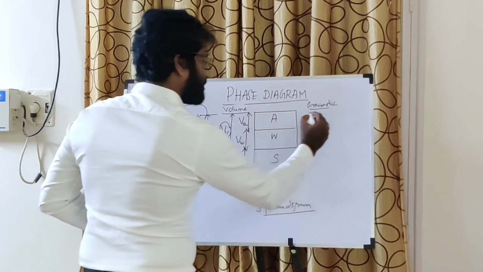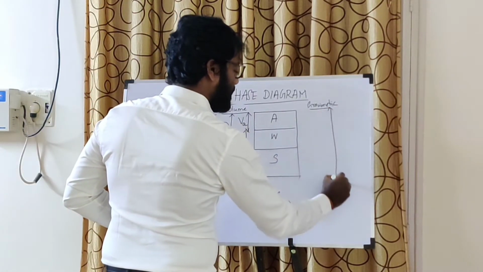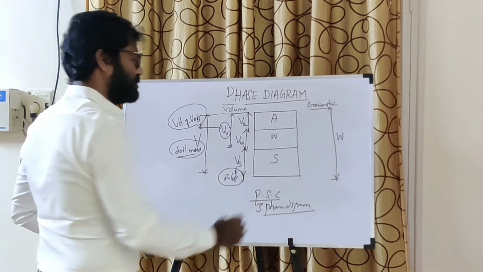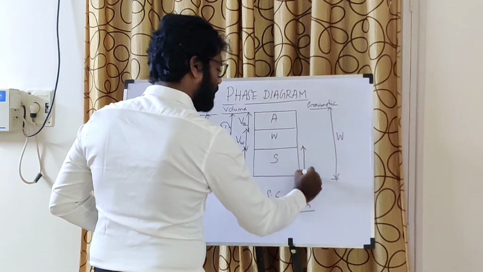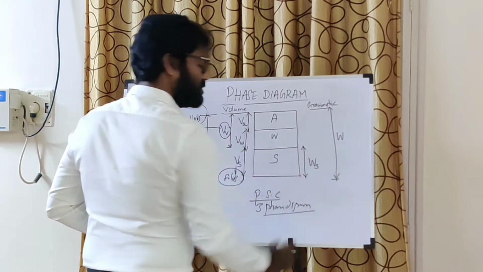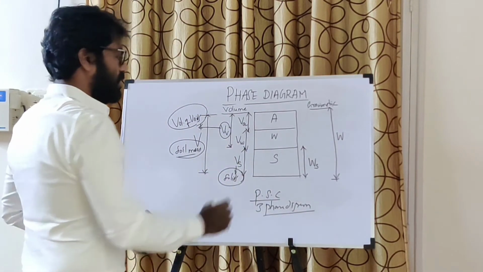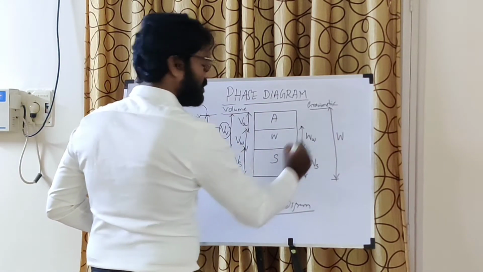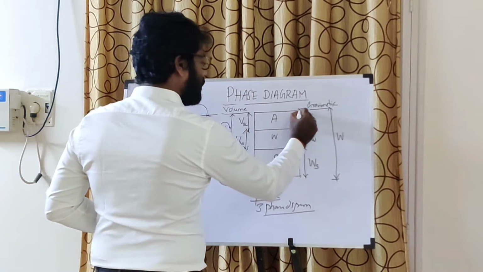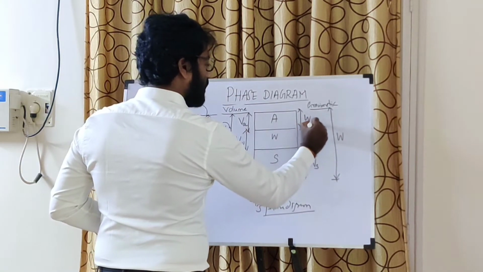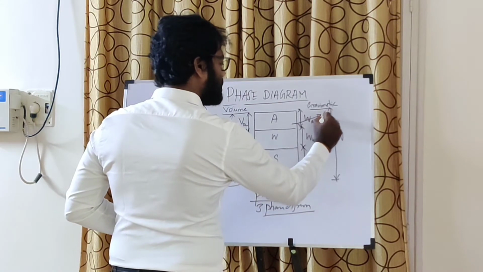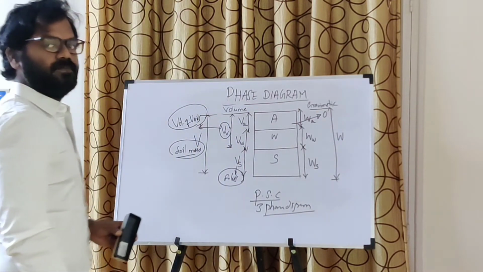Now take the gravimetric representation. Similarly, we have the total weight of the soil mass. Then we have the total weight of the solids, same as in our volumetric representation. Then we have weight of water, and then we have weight of air. And for all practical purposes, we'll assume the weight of air is 0.